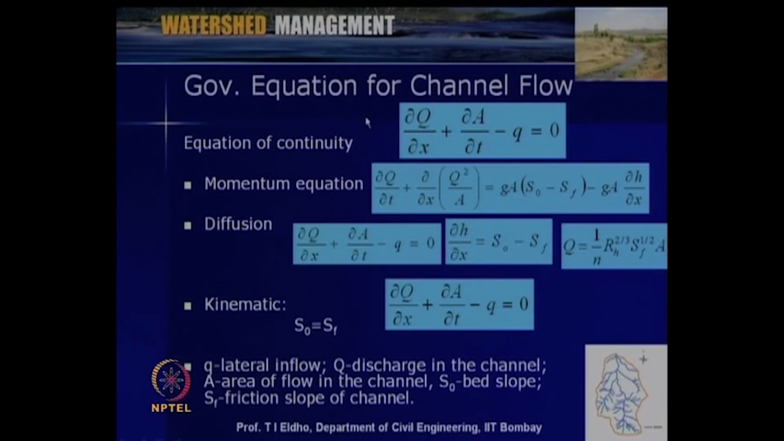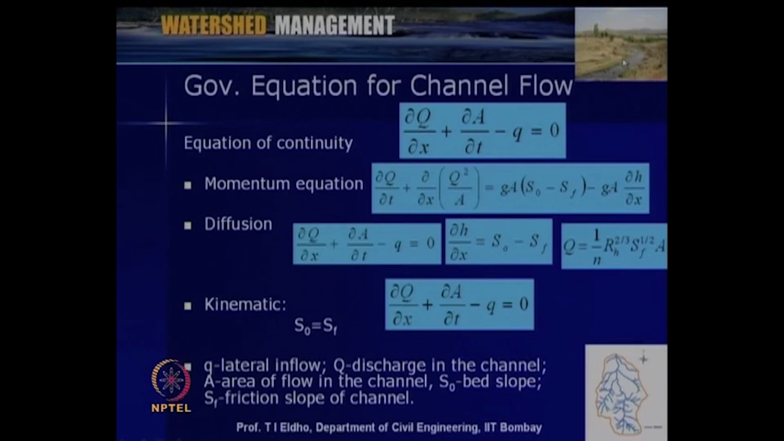So, here again, say if we consider, for example, the same invariance equations in one dimension. Most of the time, one-dimensional modeling of channel flow is sufficient. The equation of continuity is given by del q by del x plus del a by del t minus small q is equal to 0. Here q is the discharge at any location of the watershed, t is the time, a is the cross-sectional flow area, and small q is the overland flow component joining at various locations